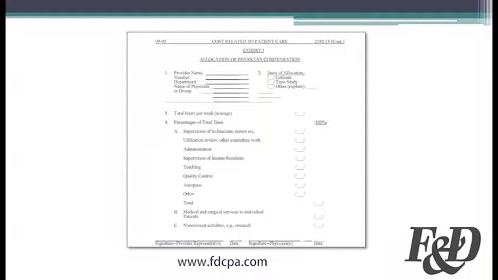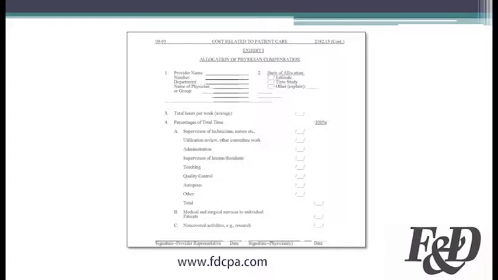On line 4 and line 4A, indicate the percentage of total time the physician or physician group spends in the various listed activities. Add these individual percentage amounts and list the amount in the total block. On line 4B, indicate the percentage of total time the physician or physician group spends in furnishing medical or surgical services to individual patients. On line 4C, indicate the percentage of total time the physician or physician group spends in non-covered Medicare activities such as research. At the bottom of the exhibit, the provider's representative and one physician or the head of the physician group signs